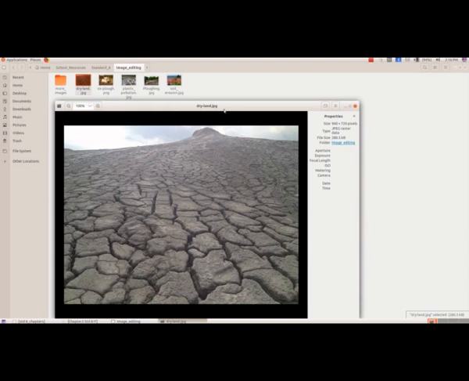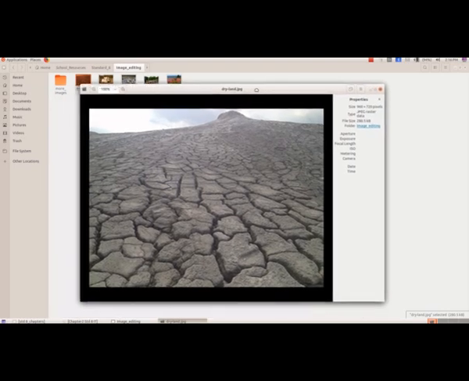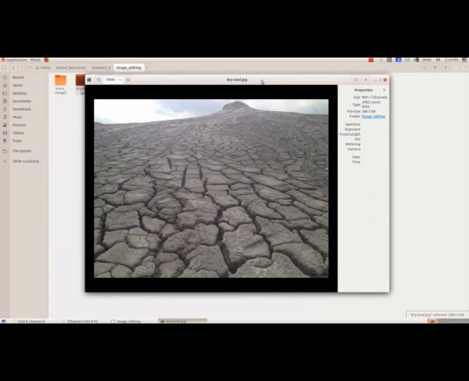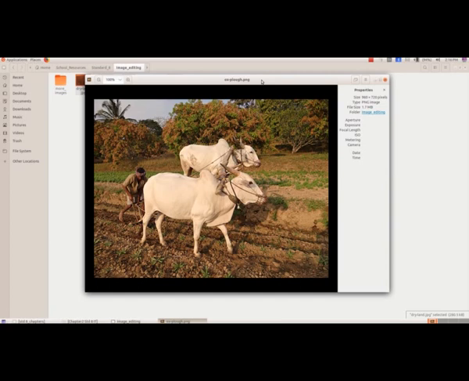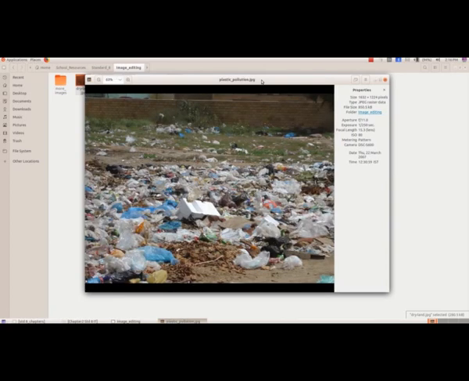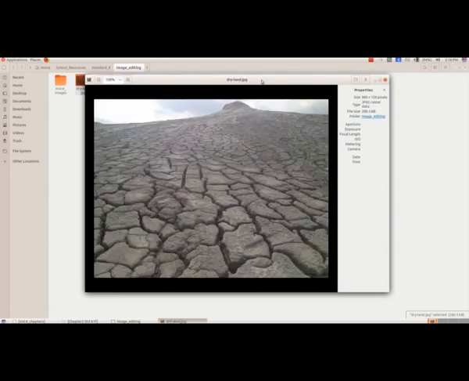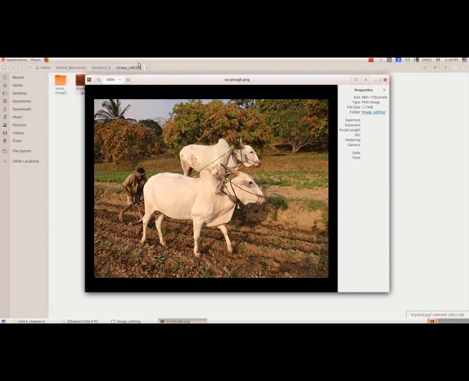So the extension for this picture is jpg, and if we are pressing the right arrow, we will get the next picture. So like this we can get the other pictures.